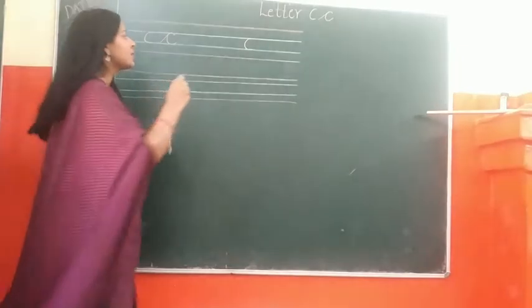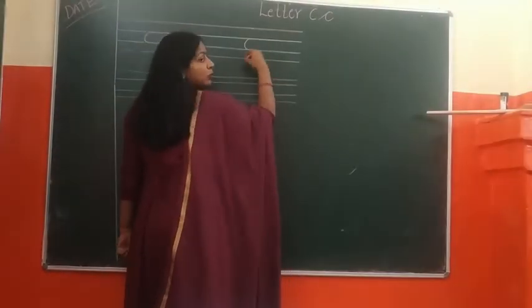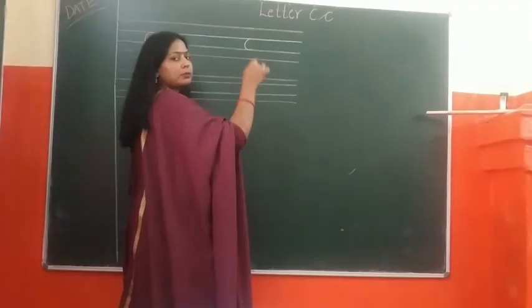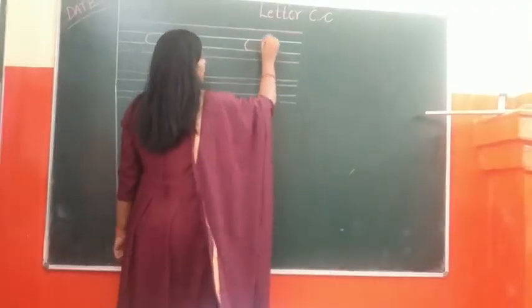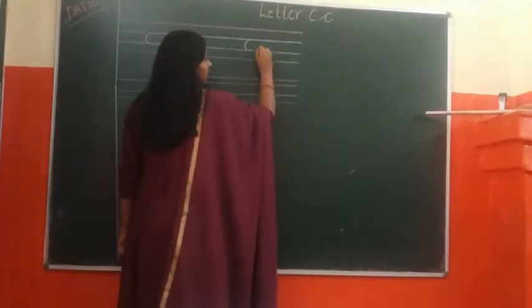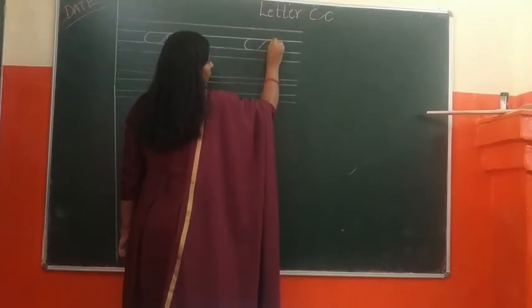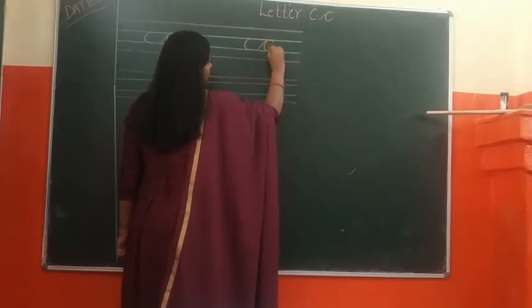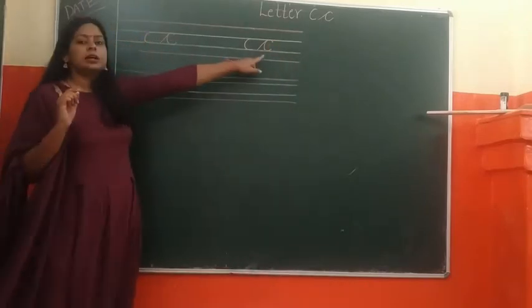And for cursive c, we start from here, second blue line, without moving your pencil. आपको cursive writing में अपनी pencil इधर से उधर हिलानी नहीं होती. Once you start, complete it. So from here we start making a line like we make a wave. Go up, tilt a little, bend over, come back, make a half c, half curve and a small tail. This is a cursive c.